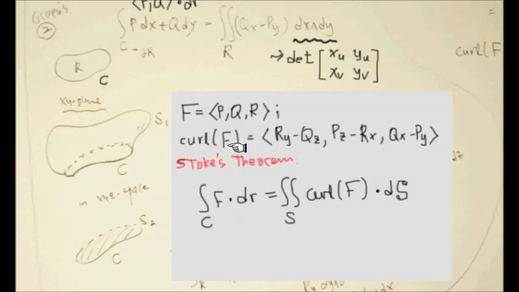So the curl is a natural thing that showed up to check whether the given vector field is a gradient vector field of a scalar function or not, and the curl can be used to compute this one. The two-dimensional version was fairly simple, but in the three-dimensional version you have to check all this. What the Stokes theorem says is that if you have this line integral along the C,